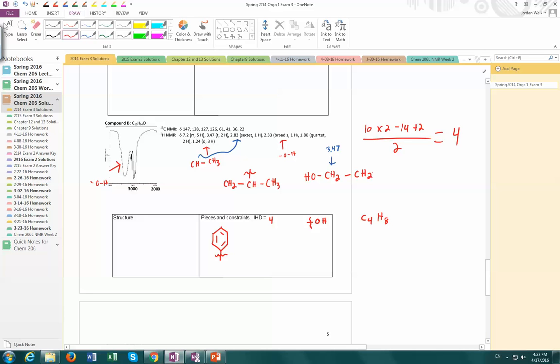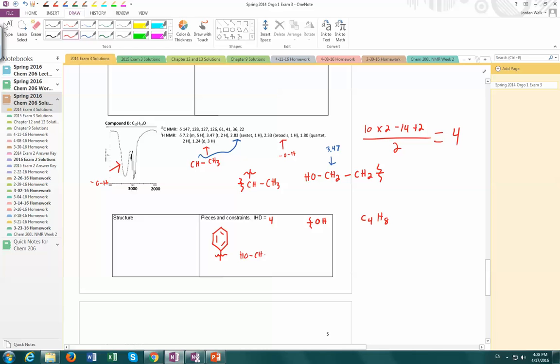And does the hydrogen on the oxygen not count as a neighbor? Typically, you don't see splitting with an OH proton. All right, so how can we make this make sense? Anyone else? We can connect that to the C. Yeah, so you're saying to basically connect them like that. Yes. And so if we do that, we've got